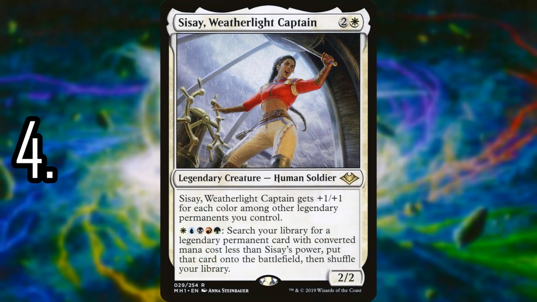And then number 4, we have Sise, Weatherlight Captain. Now, tutoring is pretty powerful. Cheating something into play, when all it really has to be is a legendary permanent, is flat out ridiculous. Sise, also like Morophon, also has the 5 different mana symbols in her cost, so she makes a pretty good option for 5-color decks. Sise is fantastic because you can pretty much search up every other card on this list,